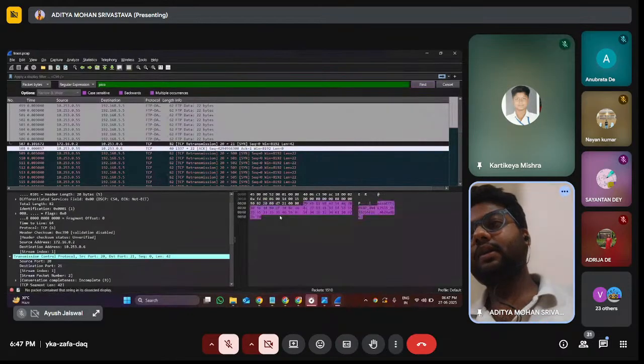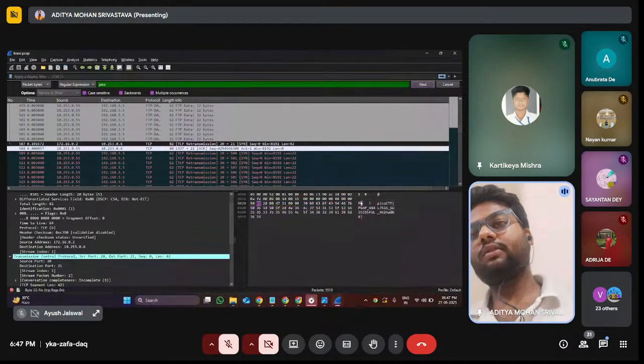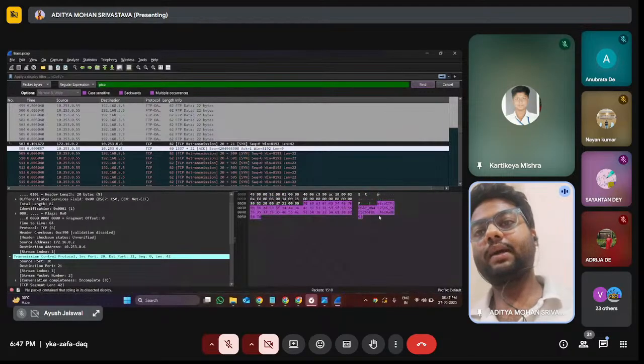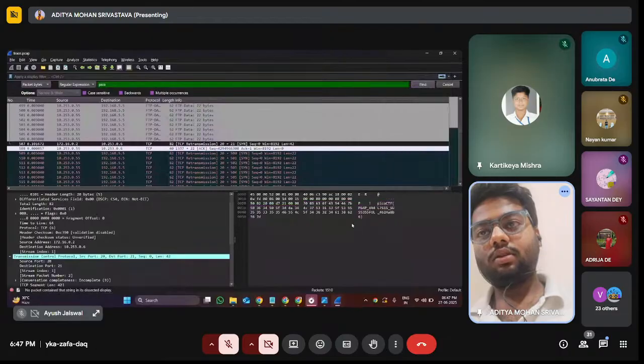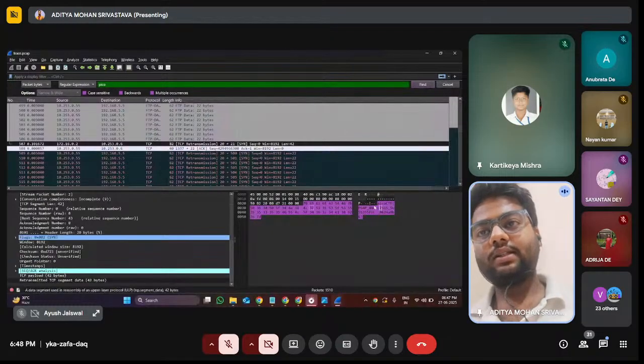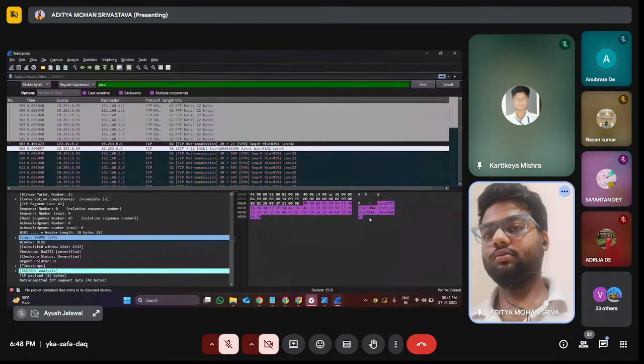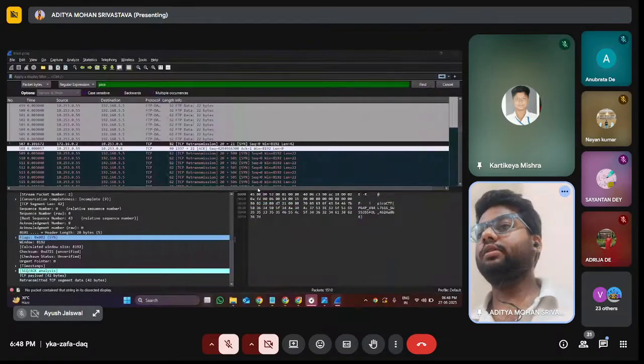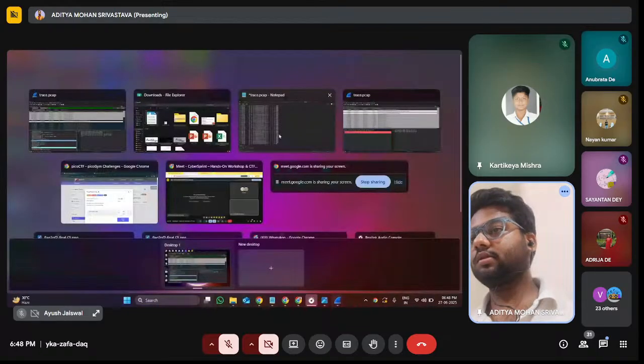And in between, Wireshark captured the flag data packet, and through Wireshark we can check and exploit the data in transmission. Right. So